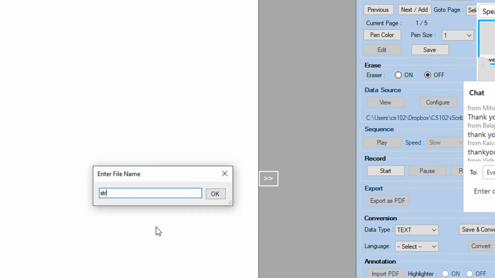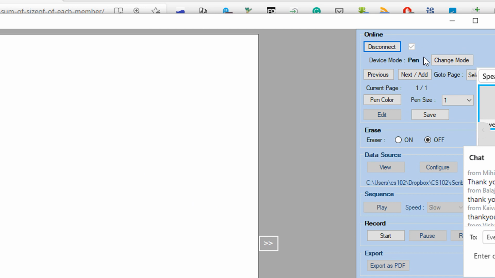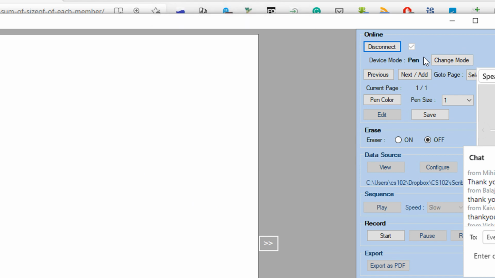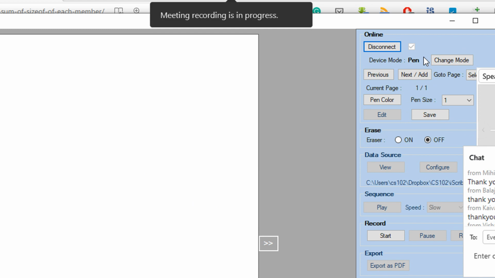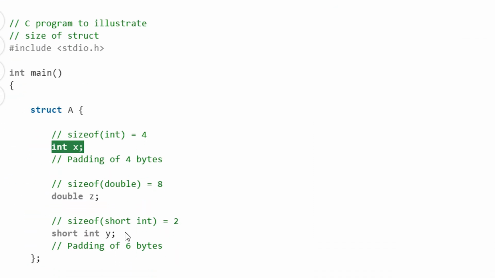This is the structure. Okay, now it's working. So now we had integer x, double z and short y.